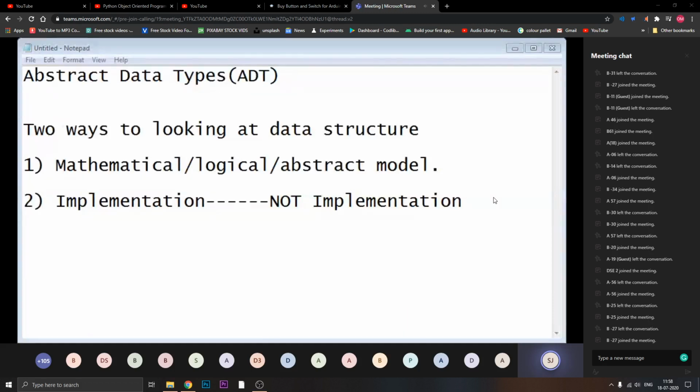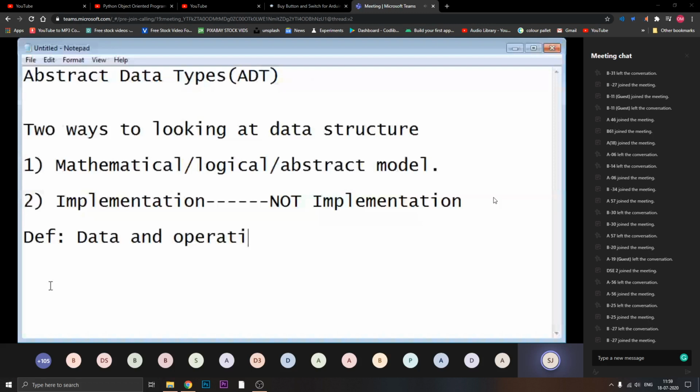It means it has the definitions of data and operations, only data and operations, but no implementation. This is the basic definition of abstract data type. Now I want to give you one more example.